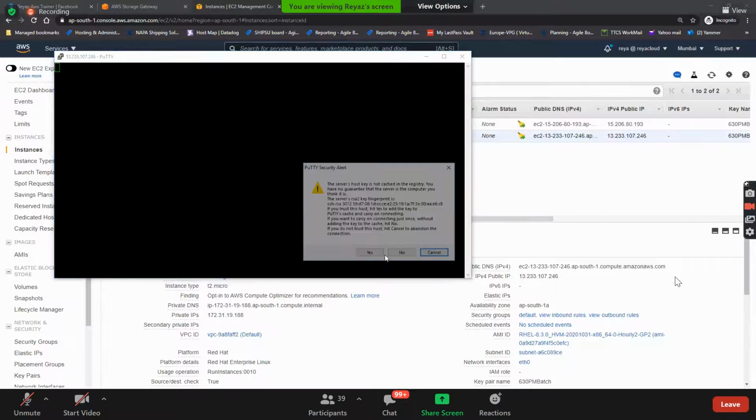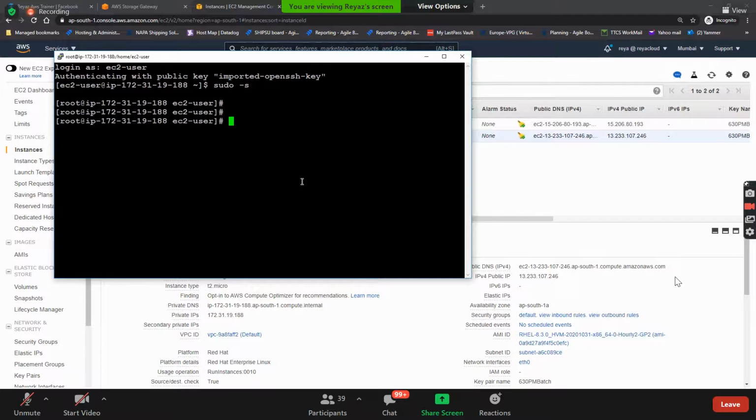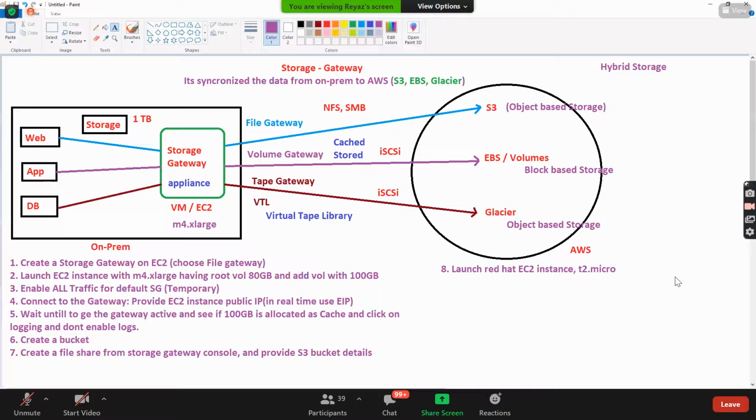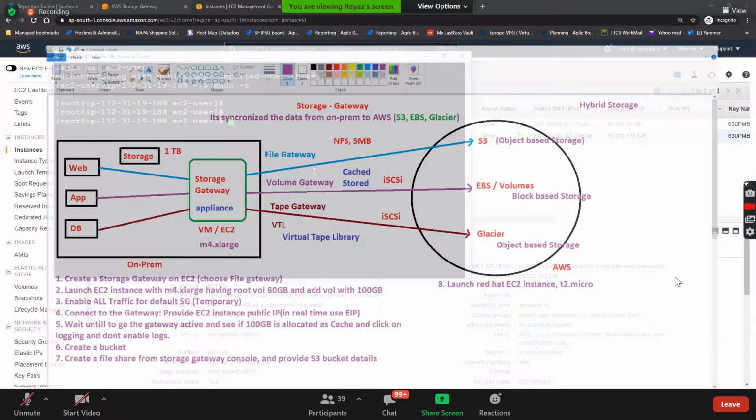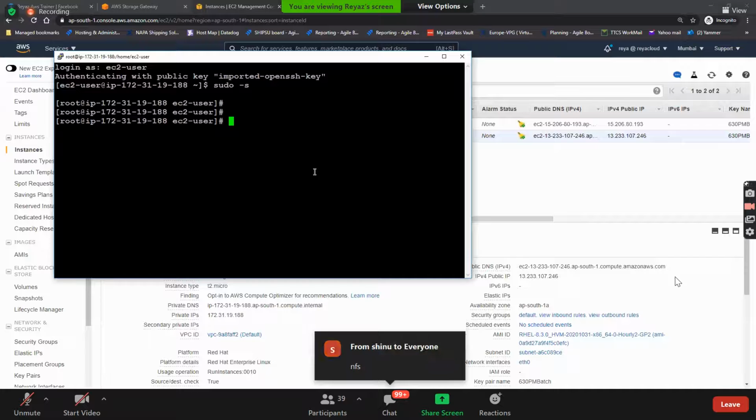EC2-user, sudo -i, make it as root. Guys, now see here. This file gateway works on which protocol? Answer that. Excellent, NFS. Oh, you guys are listening.